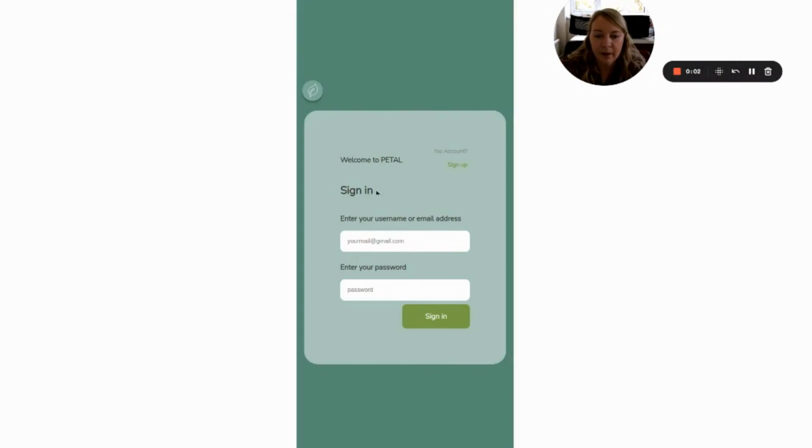This is the sign-in page. It's the entry page of the application and it assumes you already have an account. In this case we haven't, so let's create one. And if you did not have an account, you would click on the sign up button,